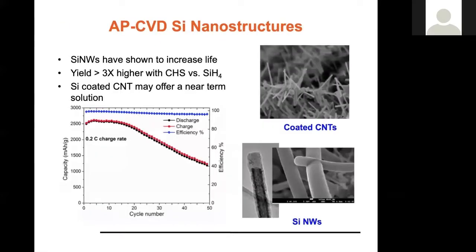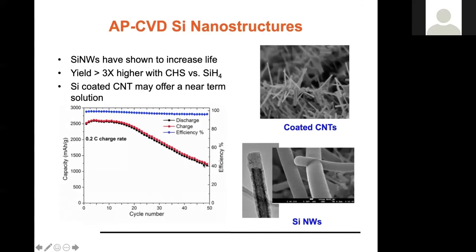So we see here, and I should preface this by saying this is very early work, so no optimization has been done. And so we see here that silicon nanowires, so bare silicon nanowires, have a very high capacity. This is almost a factor of 8 higher than graphite at a modest charge and discharge rate of 0.2 C. So we see here good cycle life over the first 20 cycles, and then